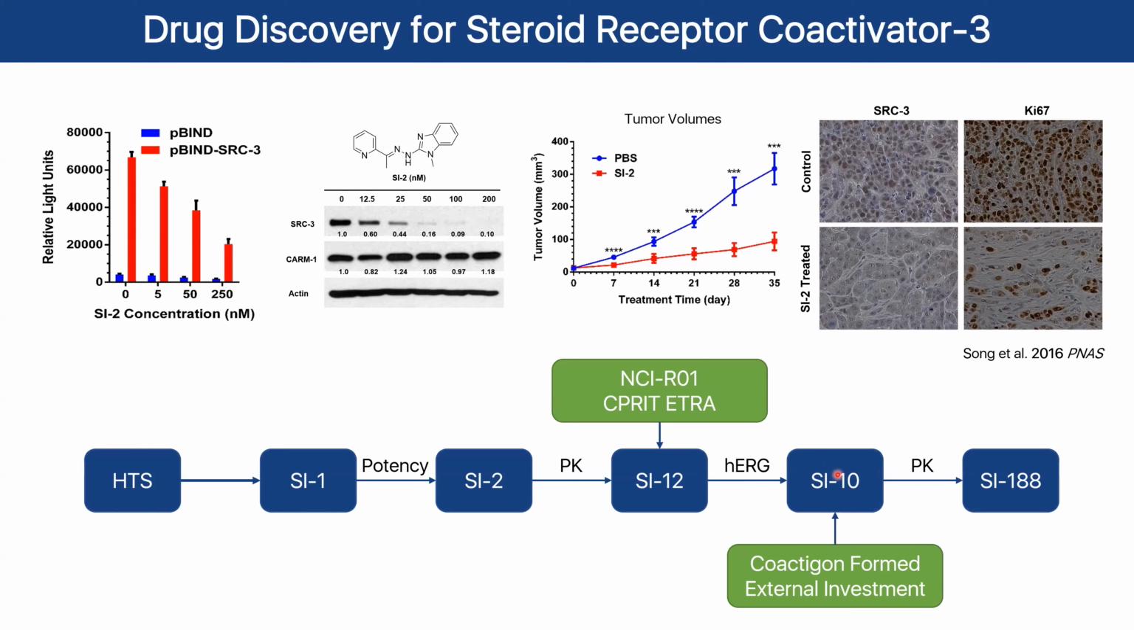So basically, the PK of ISI-10 is worse than ISI-12. Then we went back to look at where the metabolism happened. We fixed the metabolism so-called soft spot, and then we came up with so-called ISI-188. It has no hERG inhibition, even better PK property than ISI-12, and so we are actually going to test this